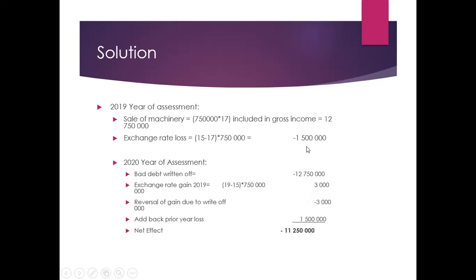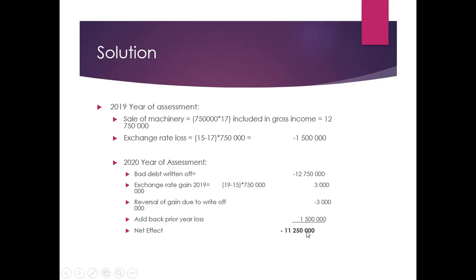But that 1 million in 2019, that 1.5 million there was a deduction, but now we add it back because it got a deduction. Now we need to cancel off that. We add it back, that is a reversal. So we reverse that, and the net effect will be this one plus this one minus this one plus this one, which gives us